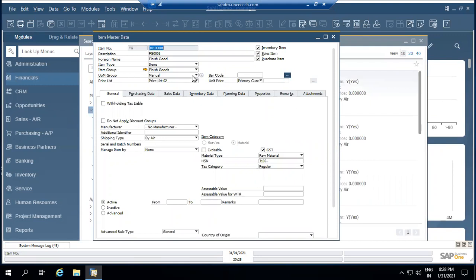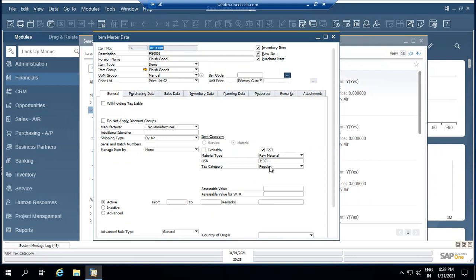I will not give that much time to this screen, but to cover all these things, you need to understand that for each and every transaction, master will be very important. So you can see here, I have defined the item code, the name, the grouping, and so on. And you can also see the system is also taking care of the GST information.